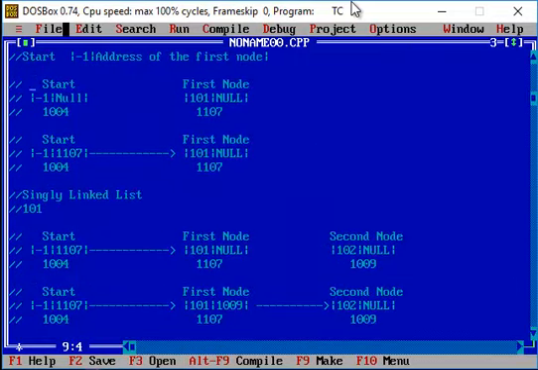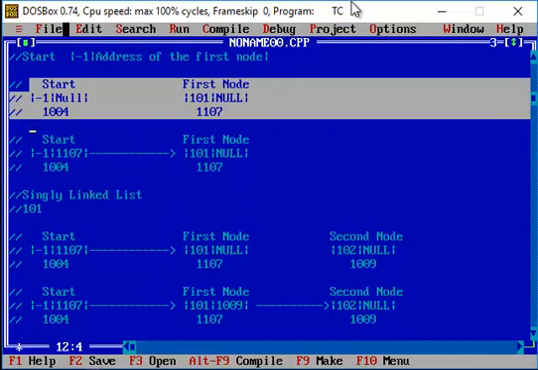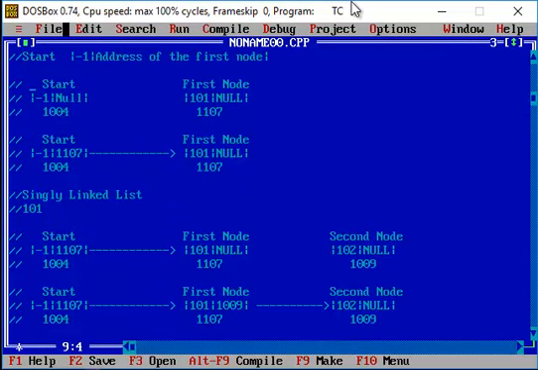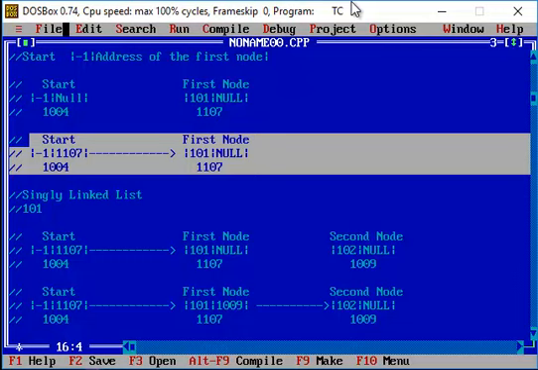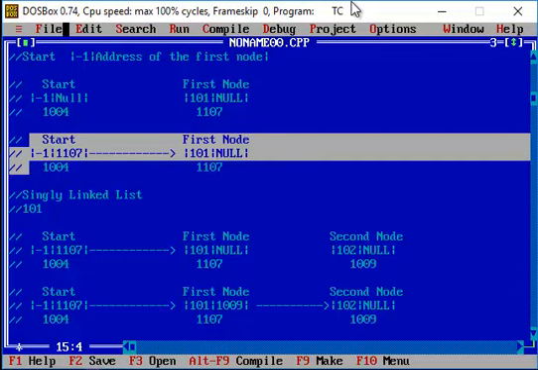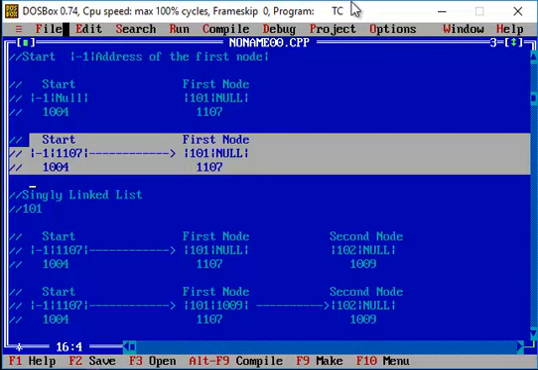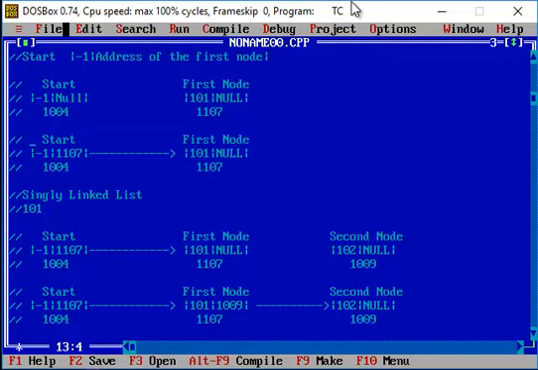The start node is created and the first node is created, but still the linked list is not yet created, because your singly linked list will have a pointer, every node will have a pointer to the other nodes except the terminal node. Here the start node initially has got the address field value as null.